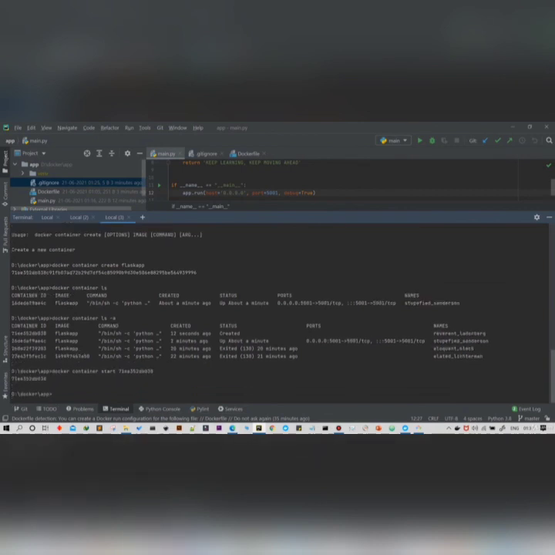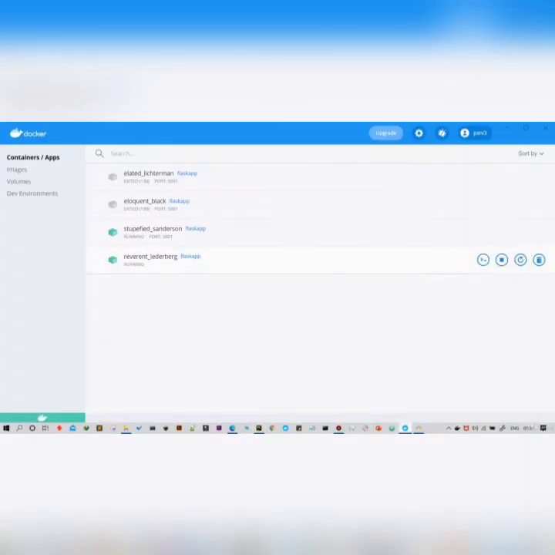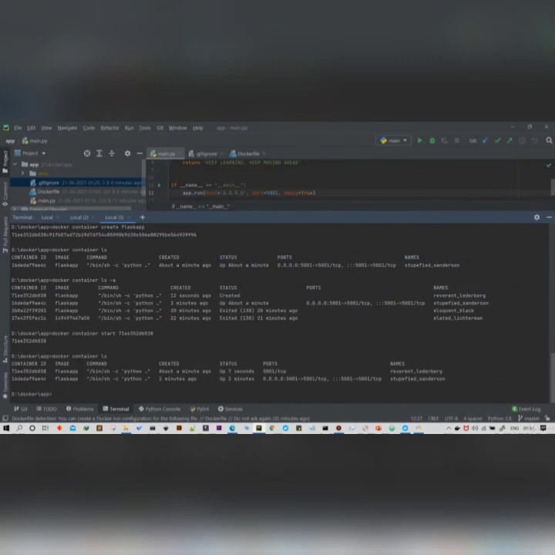Now we have started this container. Let me check it out. First I'm going to write the command, and here you will see that this container is now running. Okay, we don't need to use the -a option, which simply means all the containers. Now you will find that one container is running.